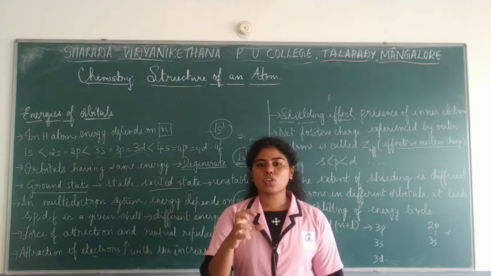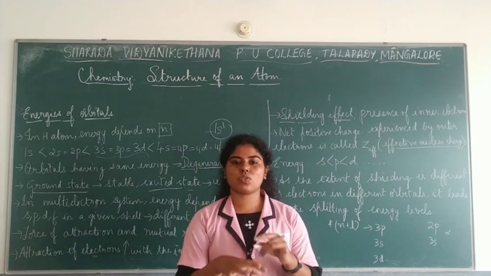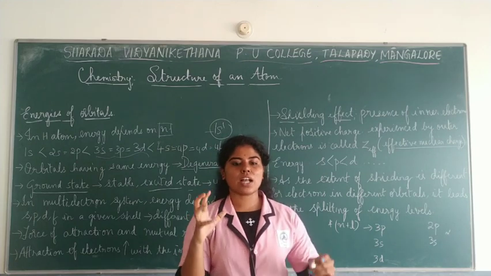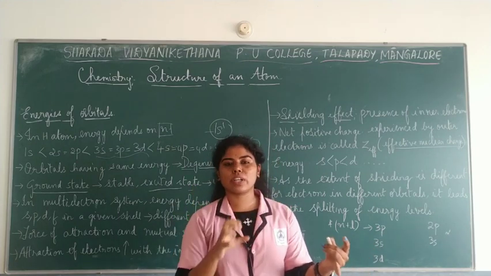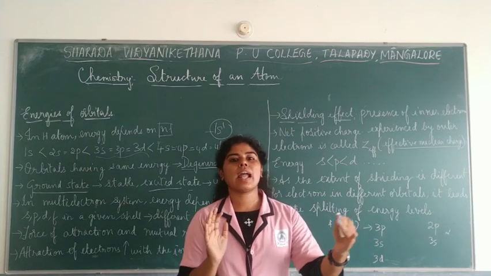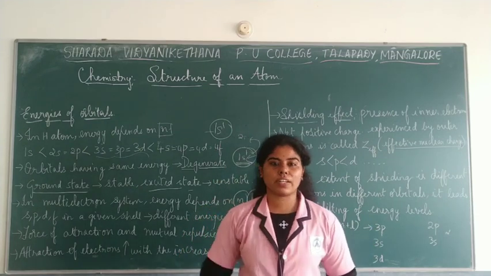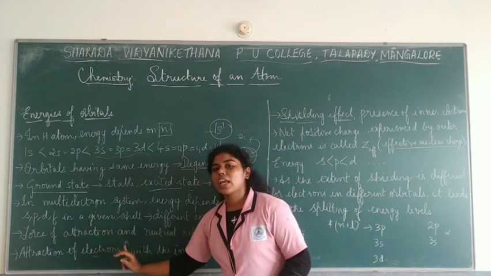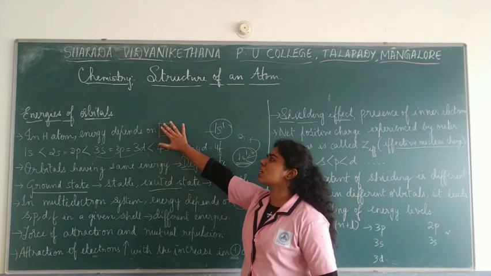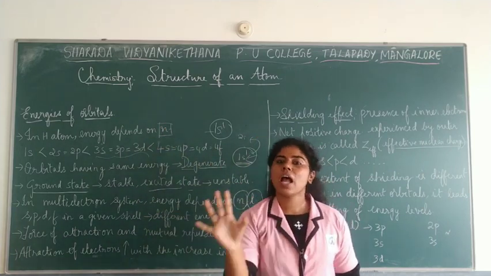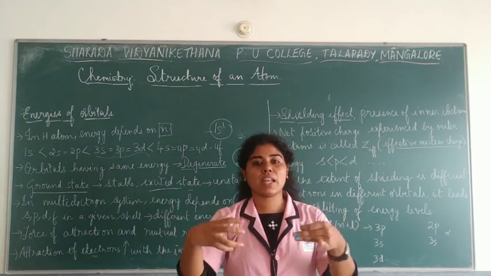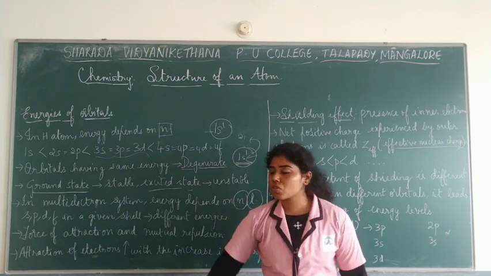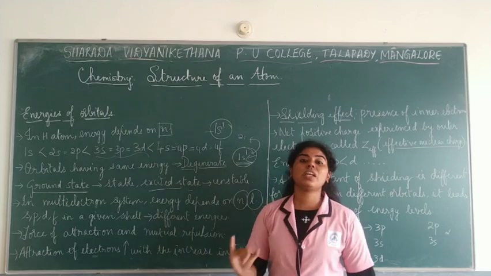Now, as you all know, when you are talking about a multi-electron system, there are many electrons spread across the atom. The nucleus has a positive charge and there is a strong force of attraction by the nucleus towards the electrons. So we say there is a force of attraction between the nucleus and the electrons present in the shells. For the hydrogen atom there was only one force of attraction. But with many electrons, there is a force of attraction too, and also there is mutual repulsion between these electrons.